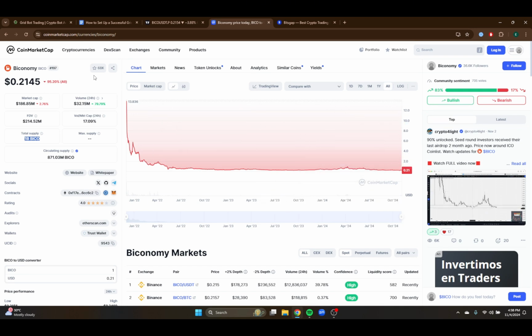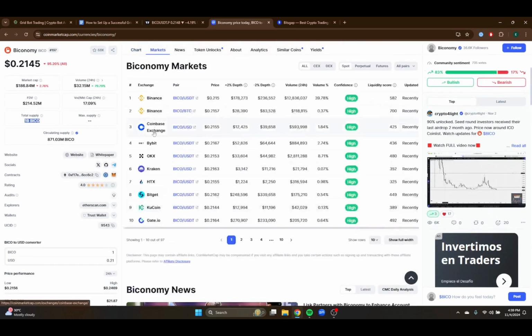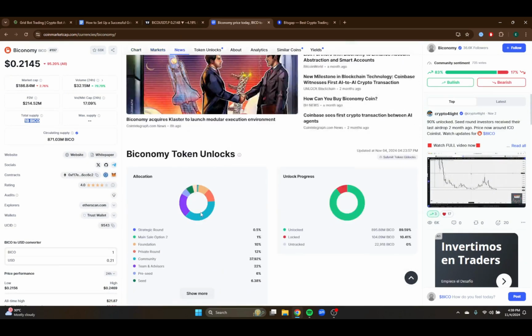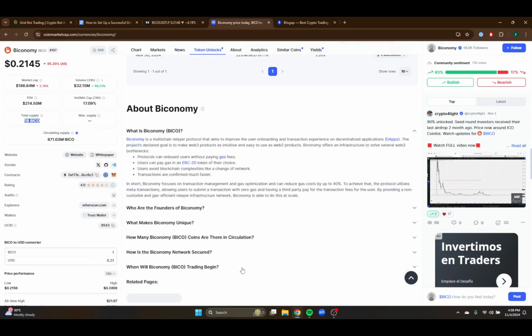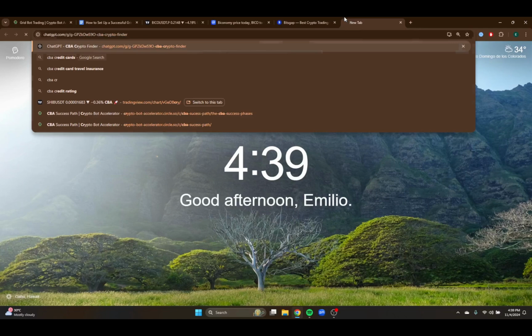So make sure that you come here to market cap and click on all, so you can really understand what is the trading time. I really like it. It has been listed in a lot of exchanges. That is also good. We're going to scroll down, and using the CVA crypto finder,